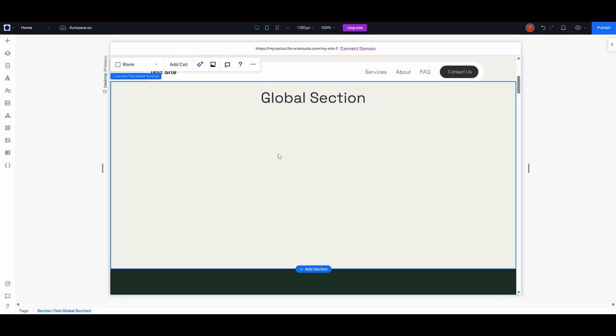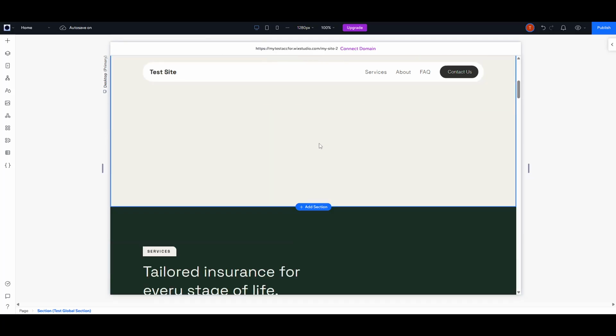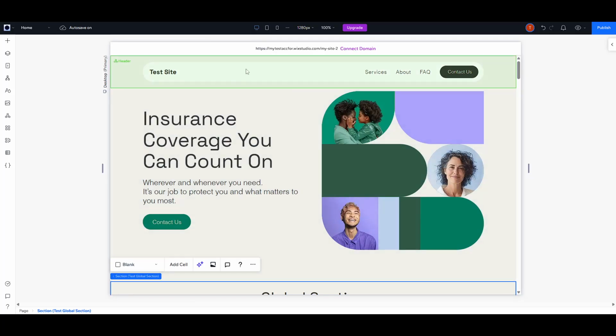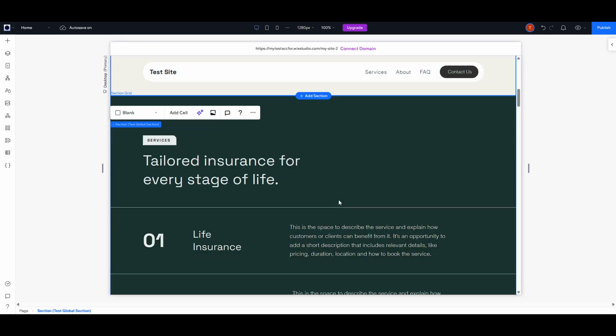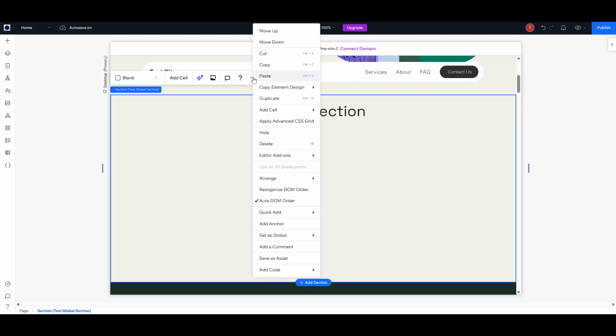To start with, you'll want to navigate to the specific section you want to convert into a global section within your website editor. This could be a part of the header, a body section, or the footer of your page. Once you've found the section you'd like to work with, look for the More Actions icon. It's usually represented by a small menu button or 3 dots, so keep an eye out for that in the editor toolbar. Clicking on this will bring up several options, and what you want to do here is select Set